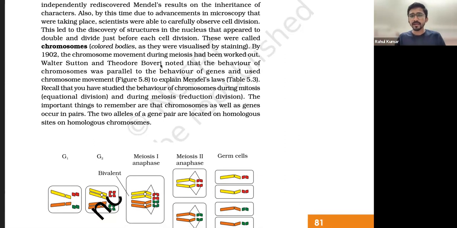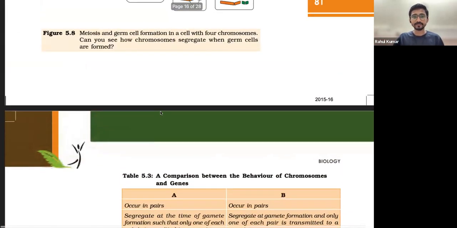in meiosis. And they realized that the behavior of chromosomes is exactly the same as what Mendel told about the behavior of genes. They saw that just like genes segregate independently of each other, and the alleles of genes segregate independently of each other and go into different gametes, during meiosis, when gametes are formed, chromosomes also move like that. So look here,